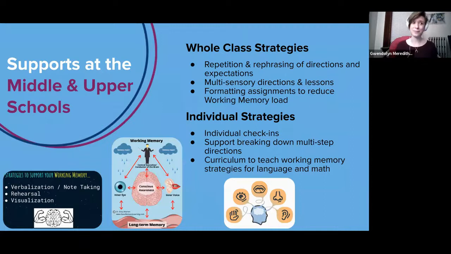In middle school, they definitely need to be able to self-advocate when they notice that they don't have all that information on their workbench. So some of those whole class strategies that we just do to benefit all students, regardless of whatever diagnoses or individual needs they might have, is that repetition and rephrasing of directions and expectations is wonderful for students with working memory challenges. So that way, if maybe they forgot a step, they'll get that reminder. So, oh, I forgot I needed to do step 2. Using those multisensory directions and multisensory components woven into the lessons means that students who maybe have stronger phonological processing in their working memory, or the